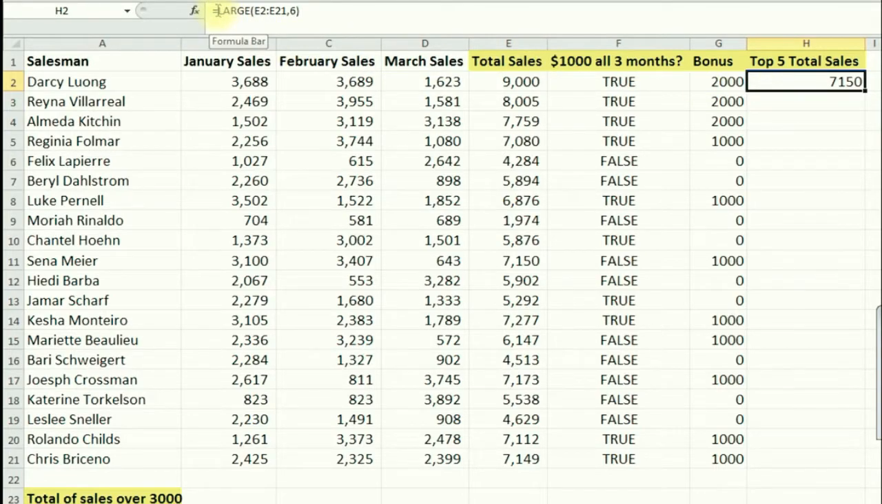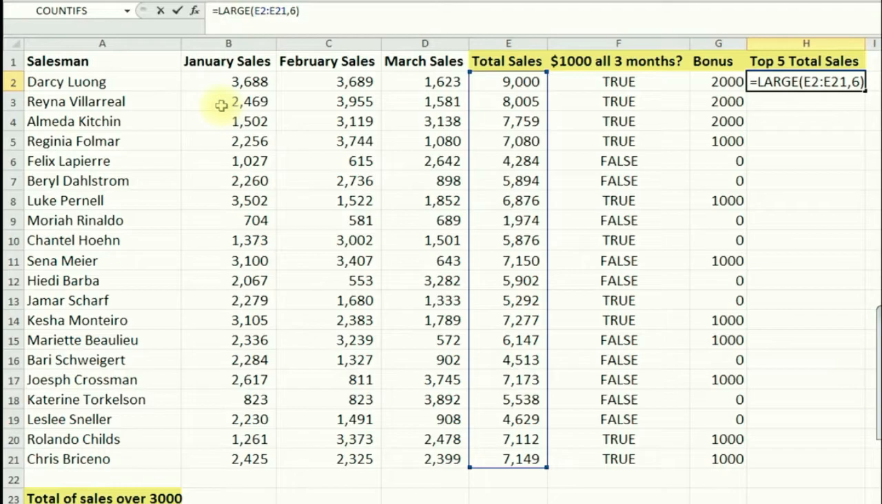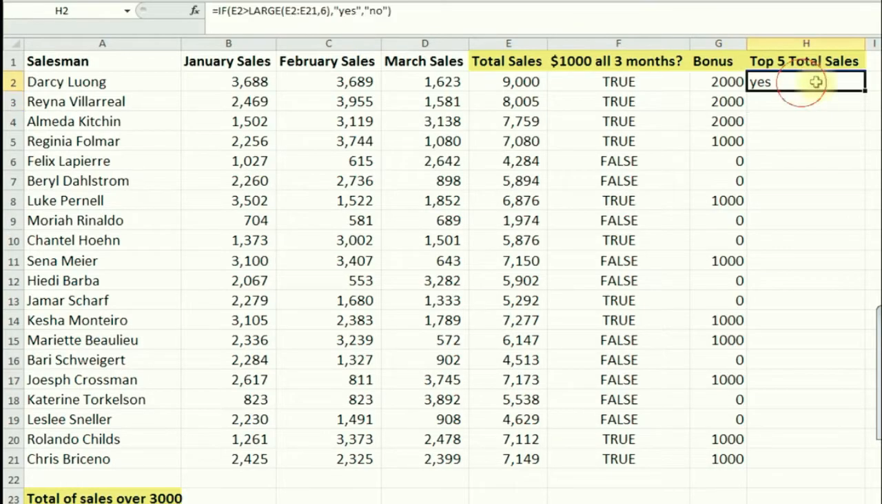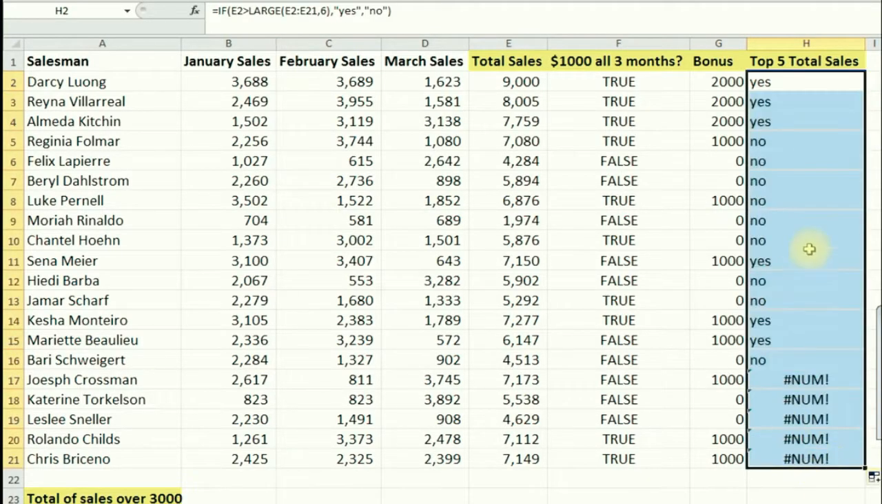So we'll do an if statement. If, parentheses, this number, or we want to check this number sales here. So if E2 is greater than this large function, which is 7,150, if it's greater than that means it's in the top 5 in sales. So we want to put yes. And if it's not, then we'll just put no. And the parentheses, so it's yes. So now if we copy this down,